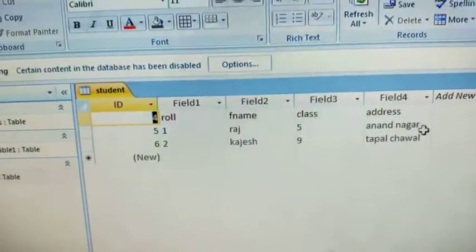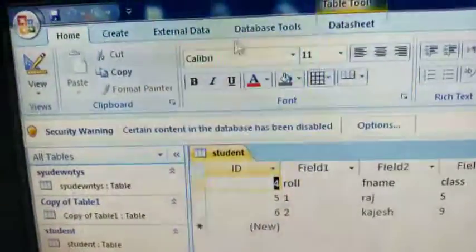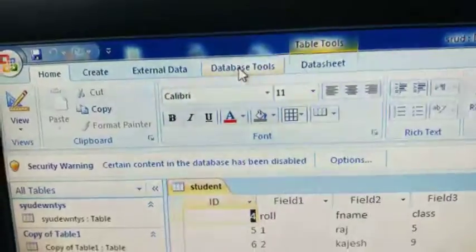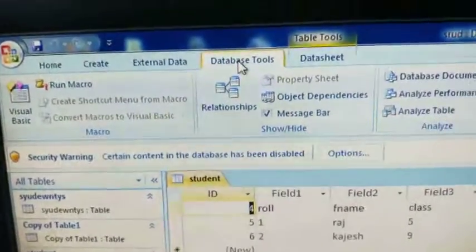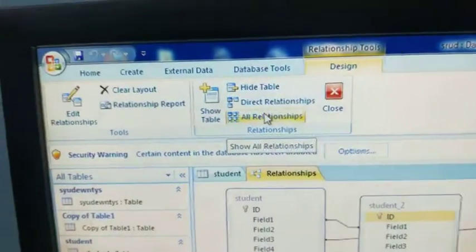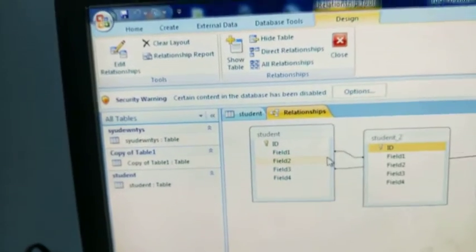Then after that you have to go to the database tools. Here in the first line of the menu options, database tools are there. There you have to click on relationships.